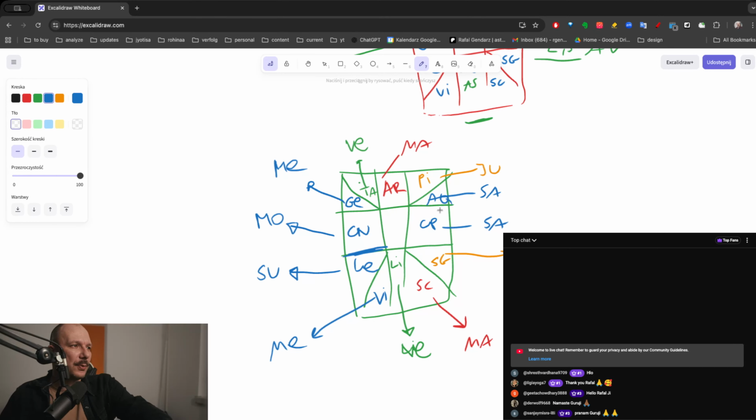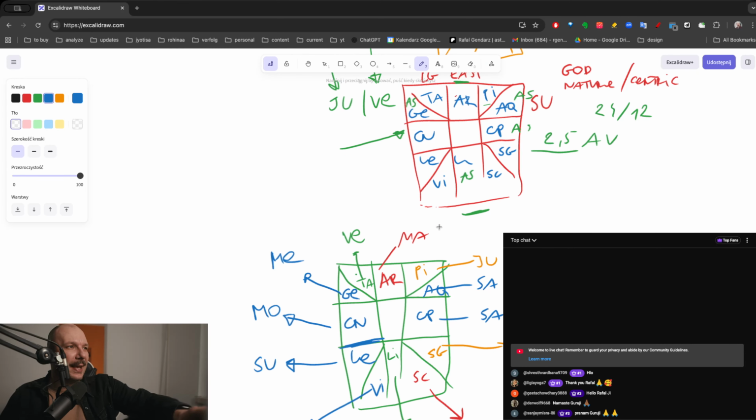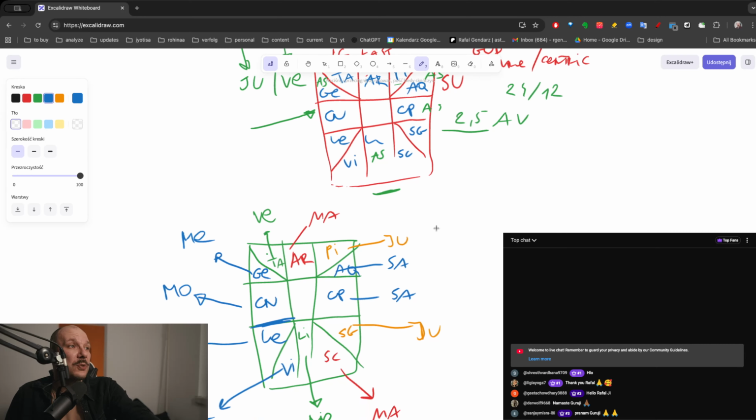This is something we need to memorize, first of all, where those signs are placed. So this is about the signs. The signs are a very elementary thing to remember: where they are placed and which planet is lording those